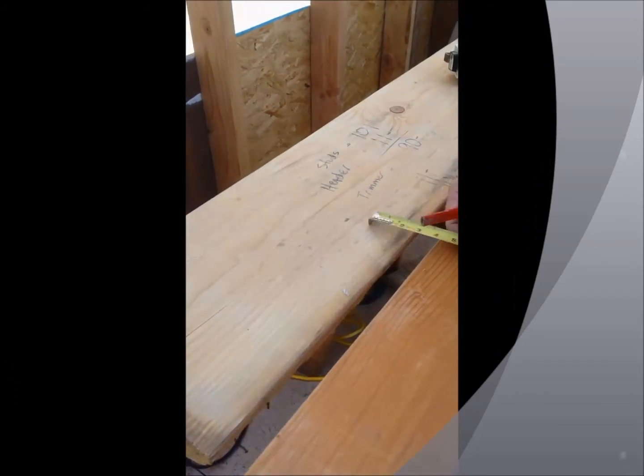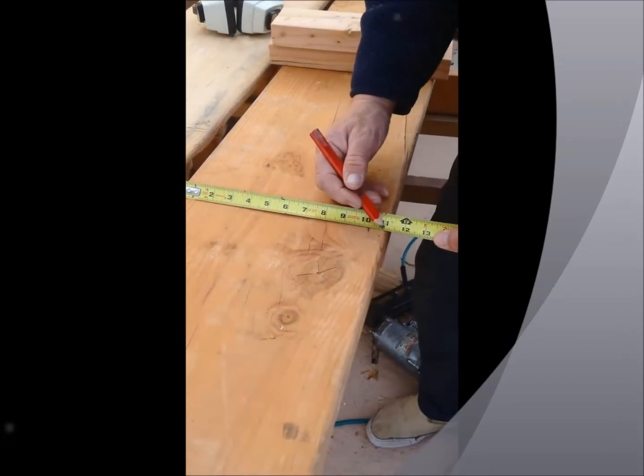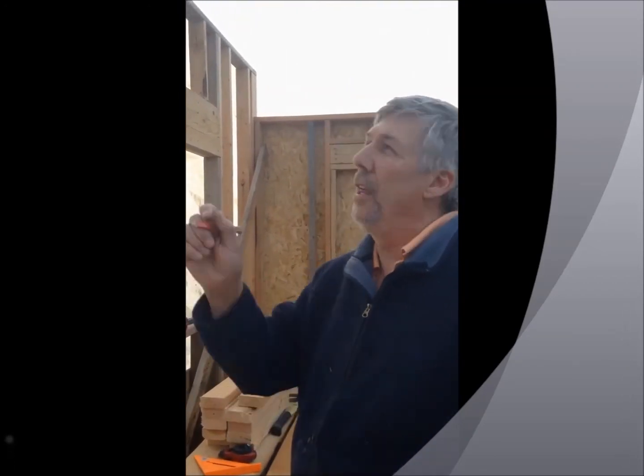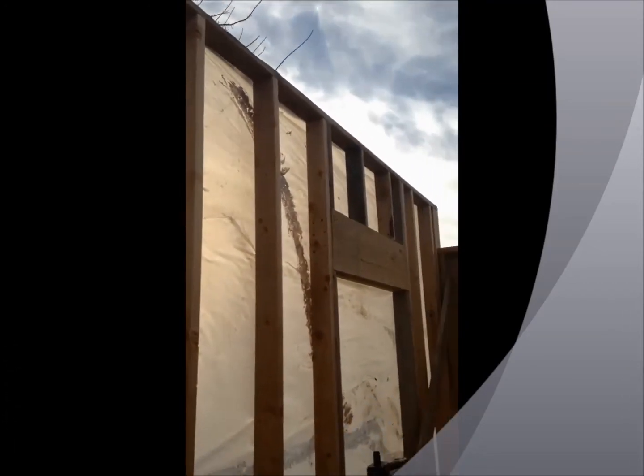Okay? If we measure this one though, and it's 11 1/8, well, that's kind of a problem because you want the header to be the same thickness. Otherwise you have a space up there. Alright, so what I'm going to do is I'm going to cut the trimmers. Well, I don't like to end a video this way, but we ran out of memory on our phone, so